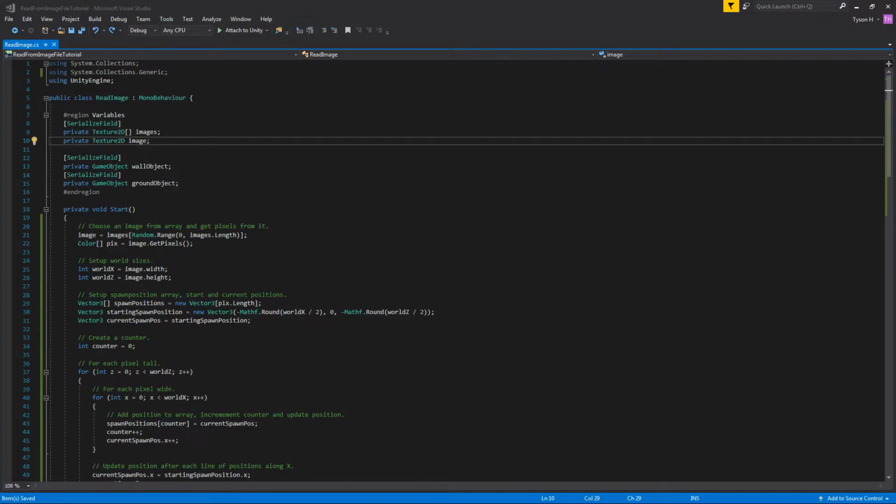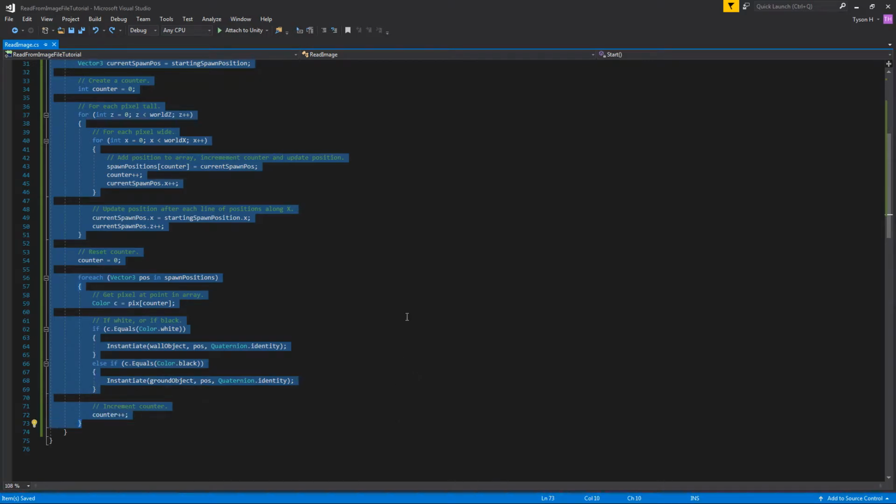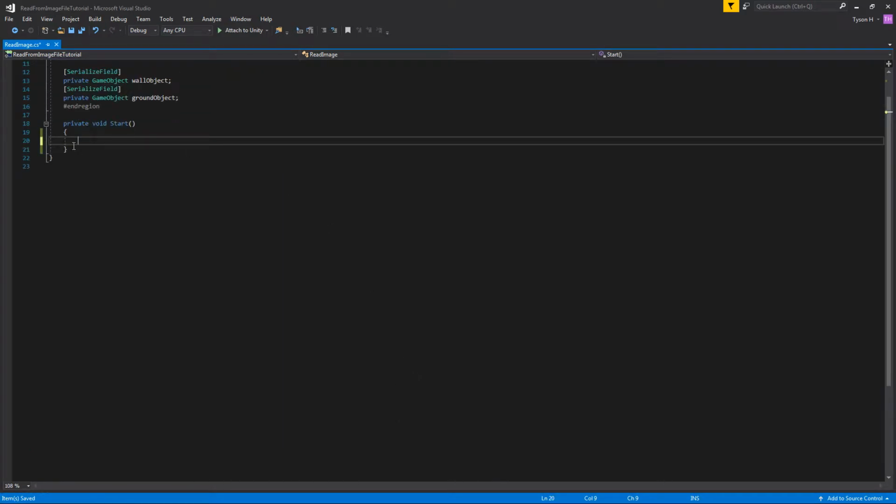Okay, so just before we get started on the persistent data path, we want to make a very quick change to the ReadImage script. So that's the script that we wrote in the last video. It's where we get the image and the pixels and we create our world from it. We're going to take the entire contents of it in the Start function. We're going to cut all that out, so we're just leaving Start empty, and we're creating a new